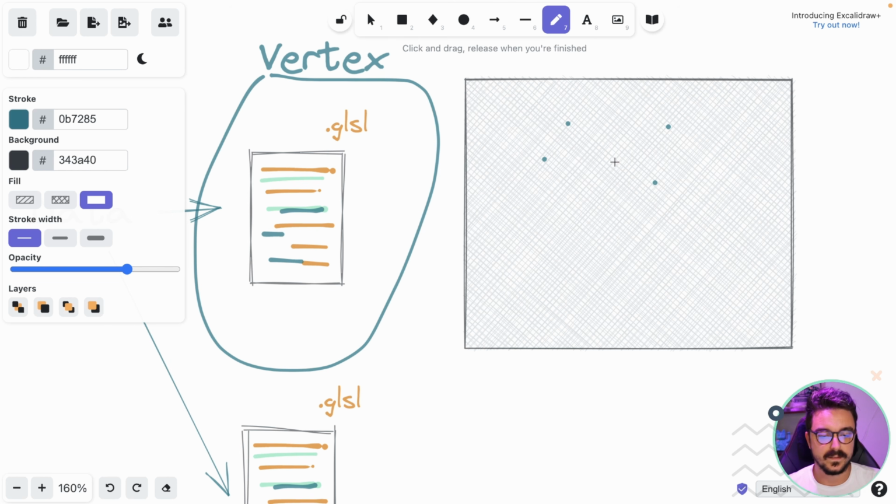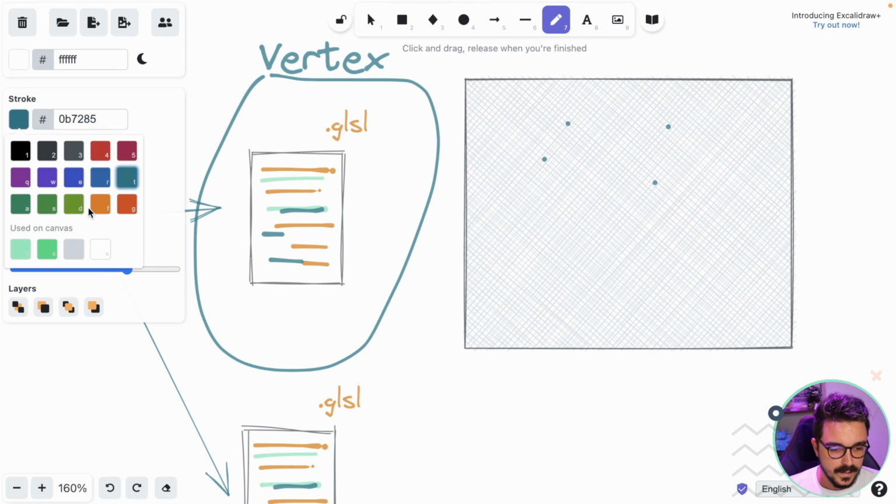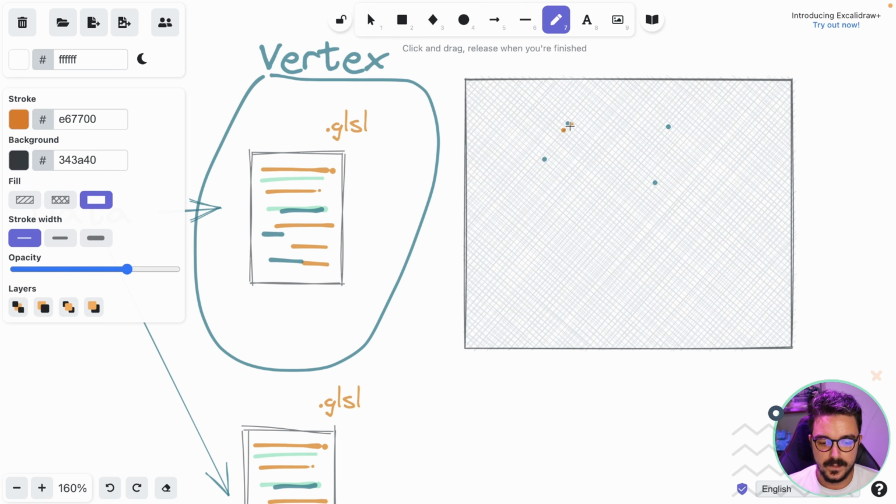But it's not quite the same. In this case, with the fragment shader, what we are going to tell the geometry is how it's being colored, or what material it has, how the light reflects on it, etc. So think about it as the colors that this geometry will have, okay?